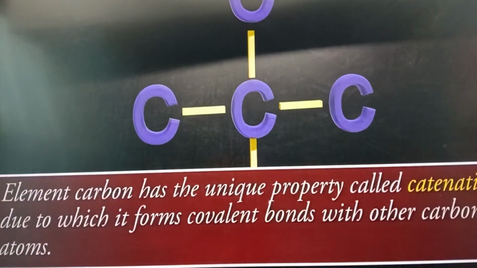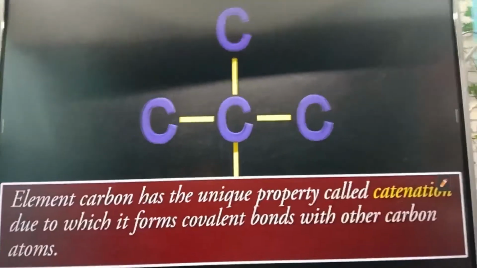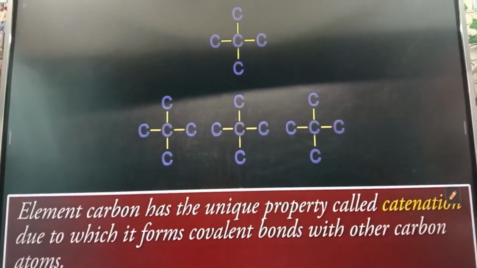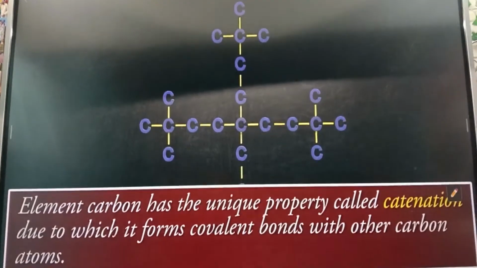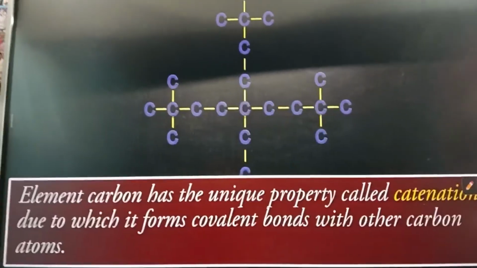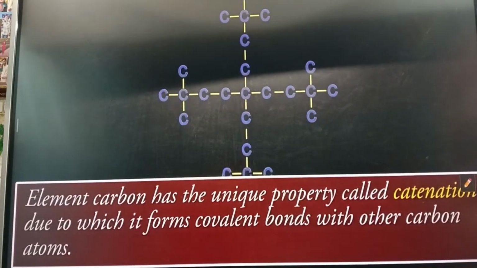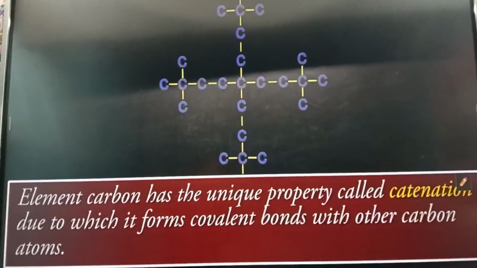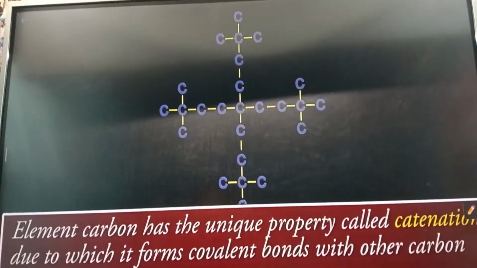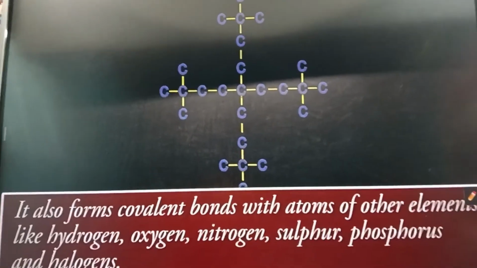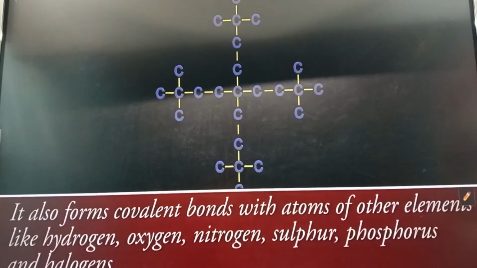In the earlier modules, we have learned that the element carbon has the unique property called catenation, due to which it forms covalent bonds with other carbon atoms. It also forms covalent bonds with atoms of other elements